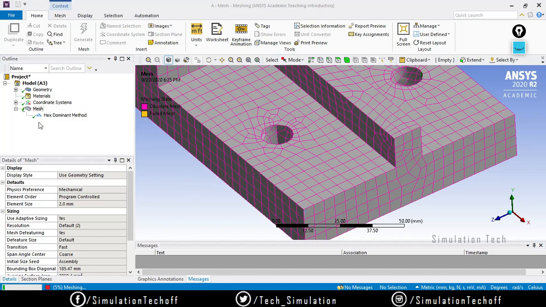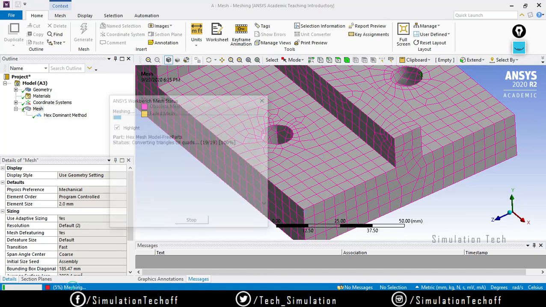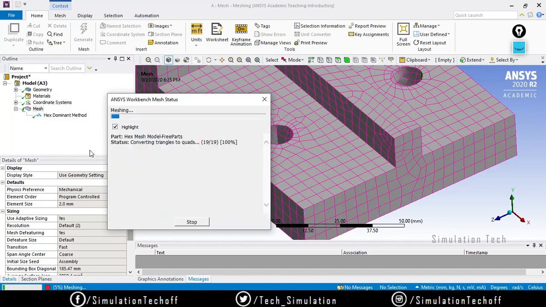So you don't have any options in the hex dominant method, so you only have to give all the options in the global setting. So converting the triangular elements. When you reduce the element sizing, probably the meshing time also increases, and node and element counts also drastically increase.